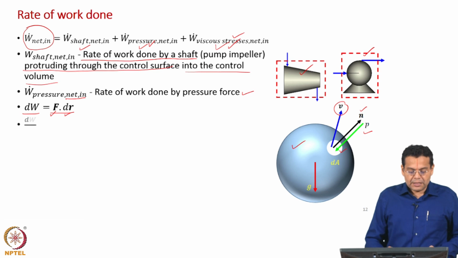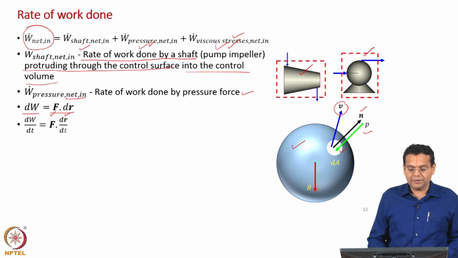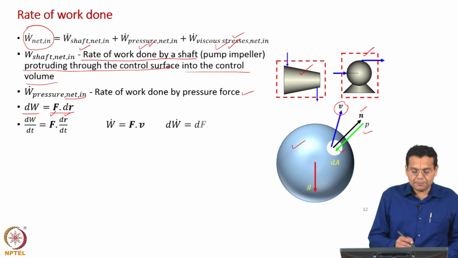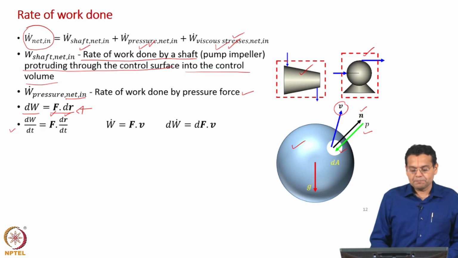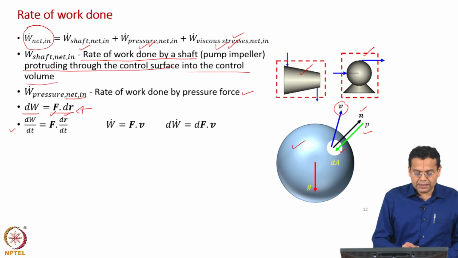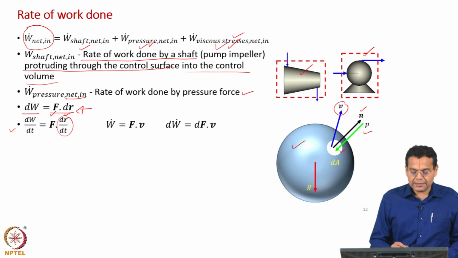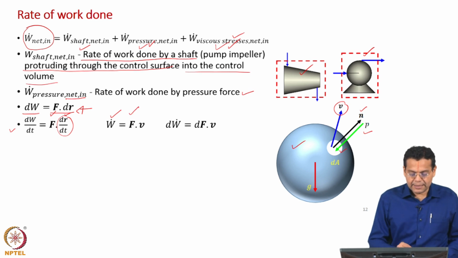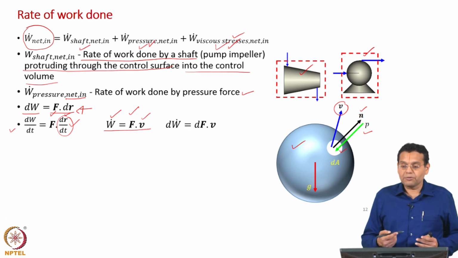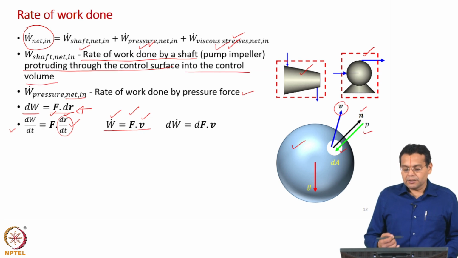Now, we have been dealing with rate, of course, we need rate of work done. So, let us express this equation in terms of rate with respect to time. So, left hand side becomes dW by dt, right hand side we have F dot dr by dt. So, what is left hand side? Left hand side we have the rate of work done, right hand side we have the force vector, and then dr by dt becomes the velocity vector. So, how do we read this equation? Rate of work done is given by the dot product of the force vector and the velocity vector.